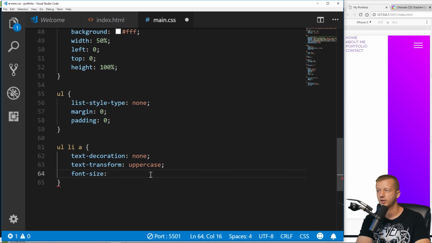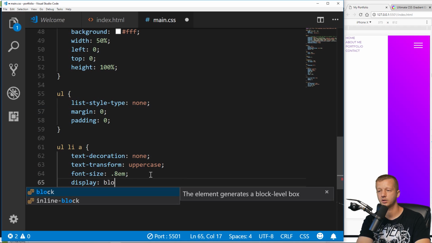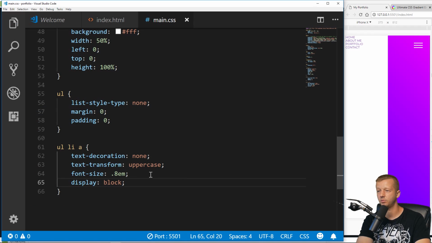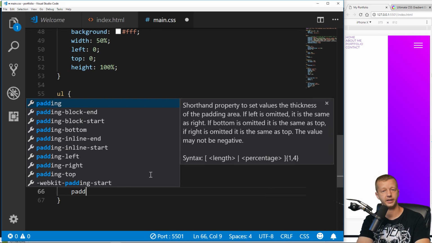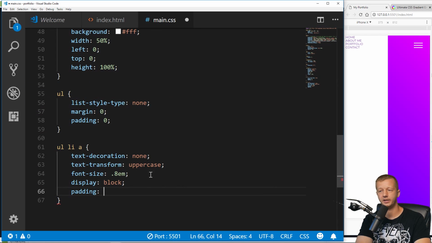Font size, it's a little bit big for me, so I'm going to say 0.8 EM. So you can do decimals. We're going to say display block to turn them into block levels, and this will allow us to add padding onto them. So we're going to put padding, and padding and margin are very cool in the idea that you can just put one value like 3 EM,